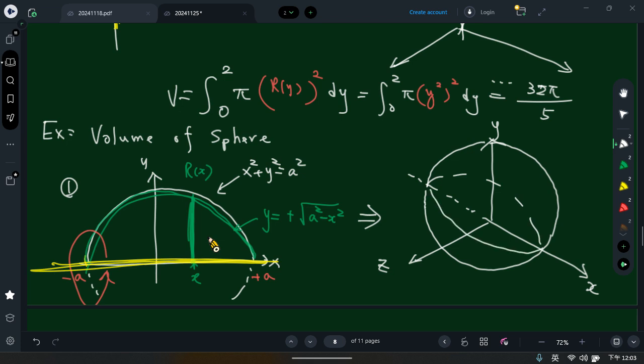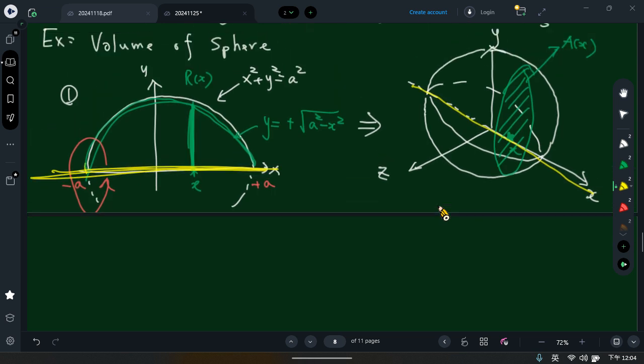So if we focus on x here, finally we can get this as A of x. Just imagine that x is here. If x is here, you just use the r of x as the radius to rotate by the x-axis. Okay, x-axis is here. Then you can get this disk,